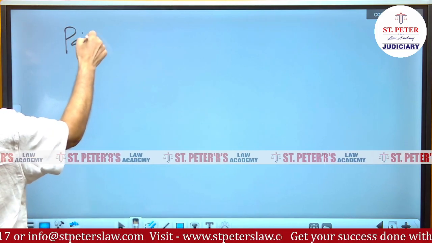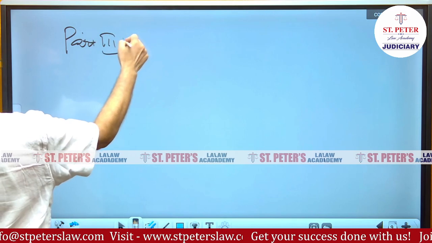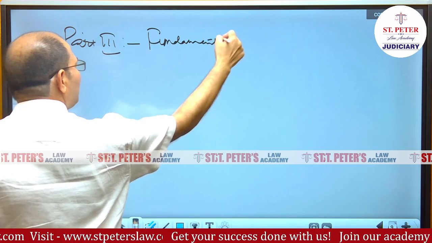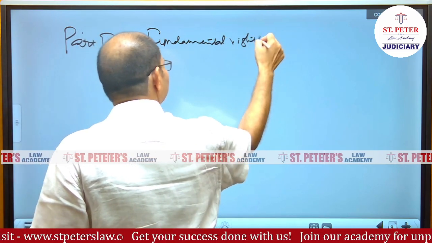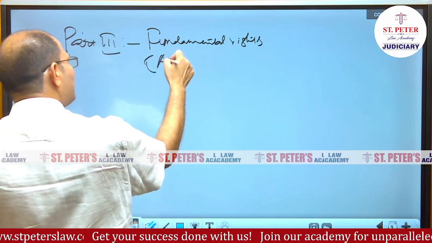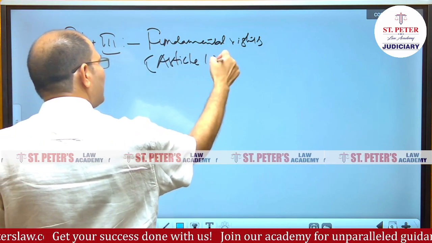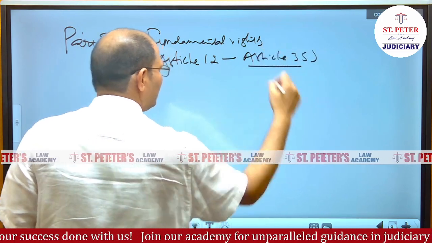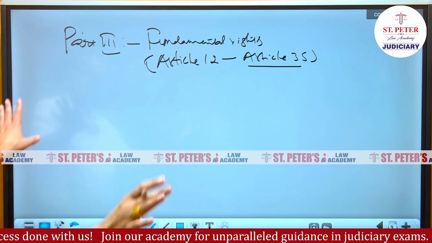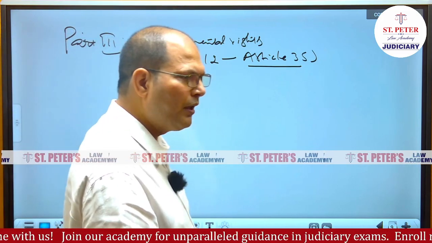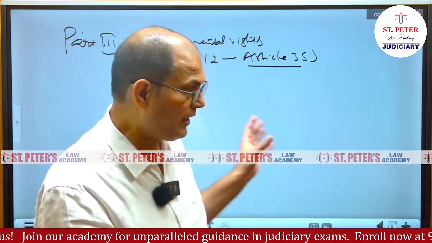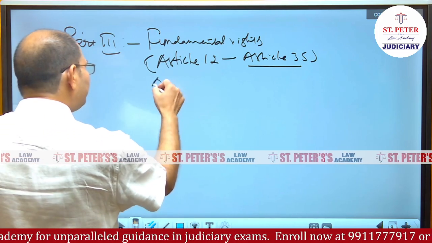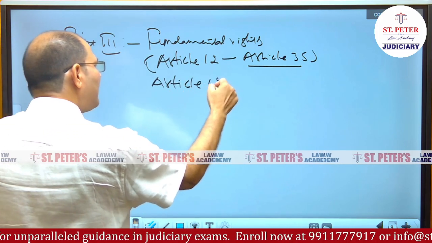Part 3rd of the Constitution contains fundamental rights. These provisions are contained from Article 12 till Article 35. Though we are not that greatly concerned with all the articles, a few of the articles we will be paying our attention to only in order to appreciate the doctrine of the basic structure. Article 12 contains the definition of a state,